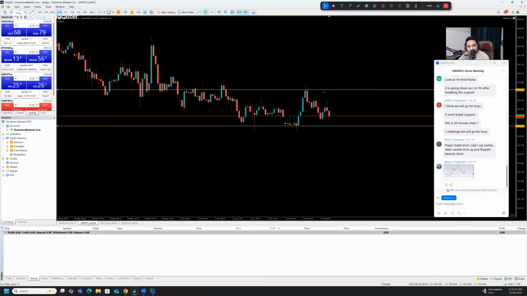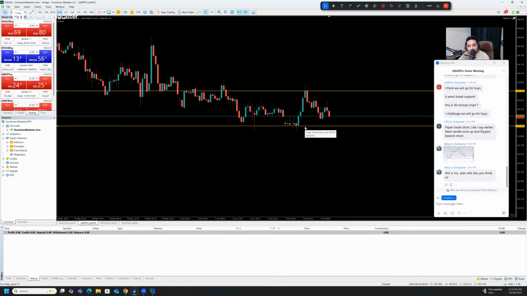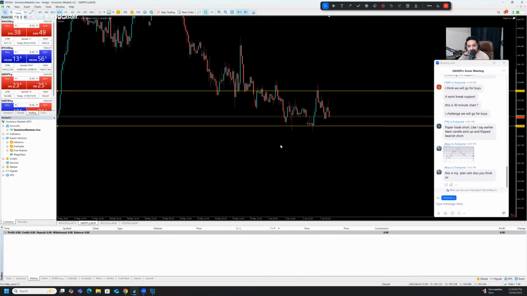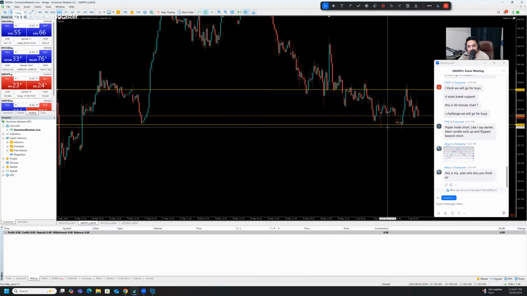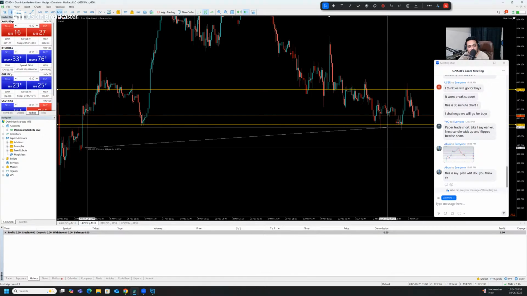Just see this one here. We're just having like a resistance, and at the same time we're just having like a support here. So we just need to see what we are having on the left hand side. Look at this one. If this candle just closes below the support area, you will see that you have a clean track of like 35 pips, so you can easily grab 15-20 pips out of it.